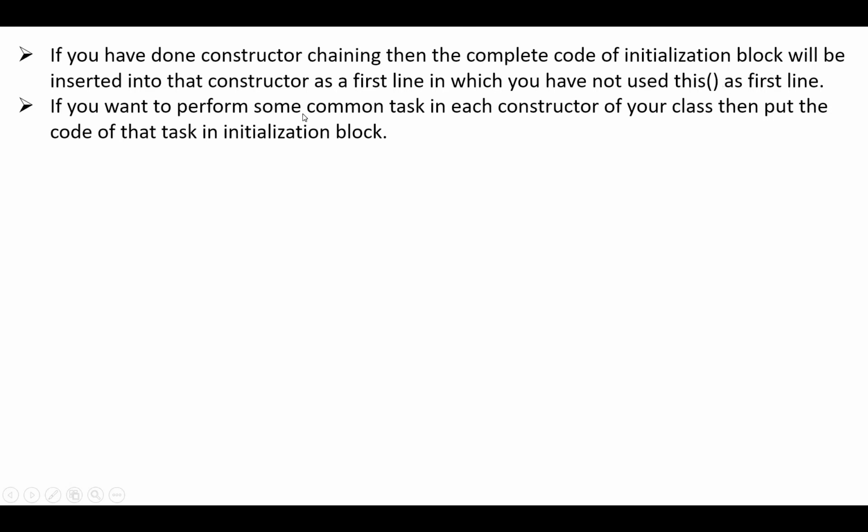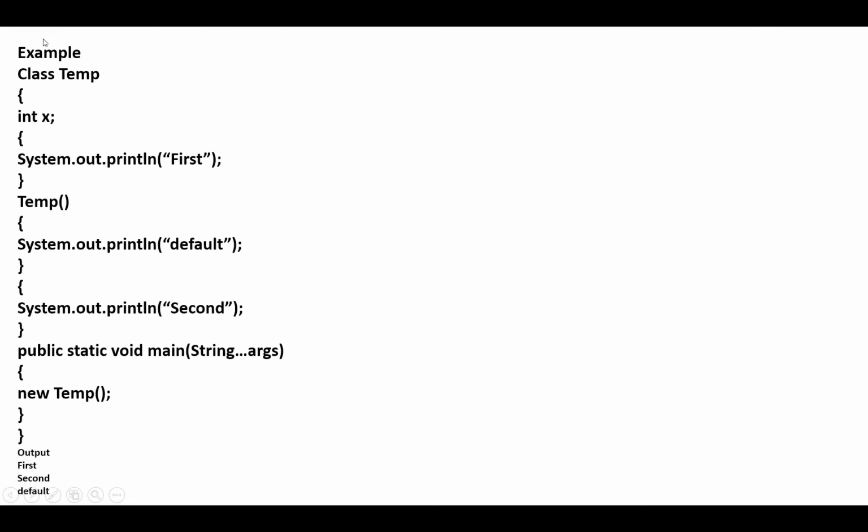If you want to perform some common task in every constructor of your class, then put the code of that task in an initialization block. Example: we have a class Temp and an instance variable index. It has an initialization block, which doesn't have any name, with a print statement, first. Then we have a constructor, whose name is the same as the class name, which prints the message default. Then we have a second initialization block which prints the second message. Then we have a main method